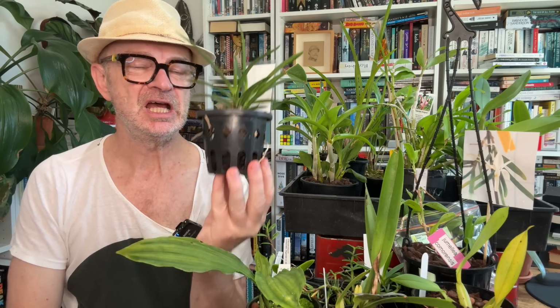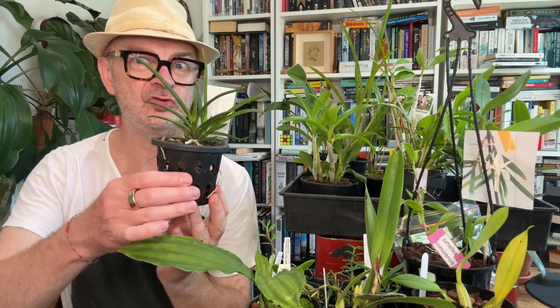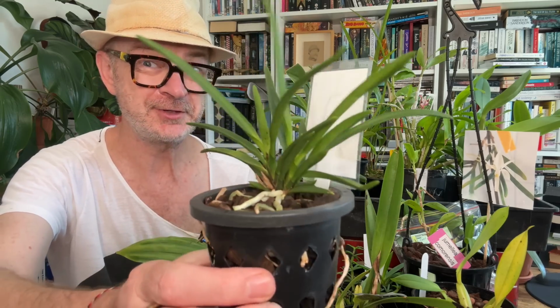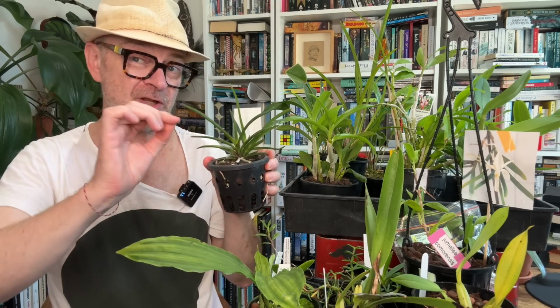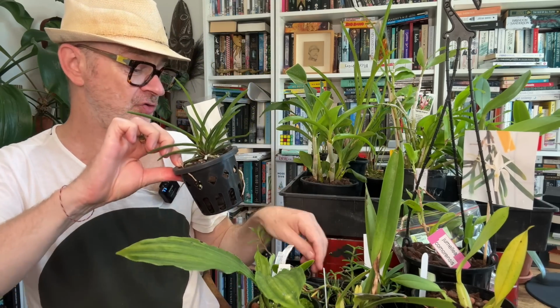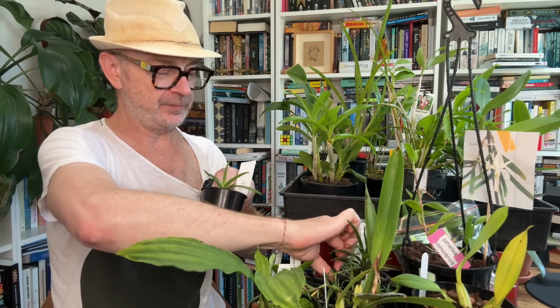So slightly different growing conditions to your average Vanda. Definitely a cool grower, can be outside all year for me. So I am so looking forward to trying to get this baby to bloom. So very excited about that, which logically leads us on to the next plant, which is this little baby here,